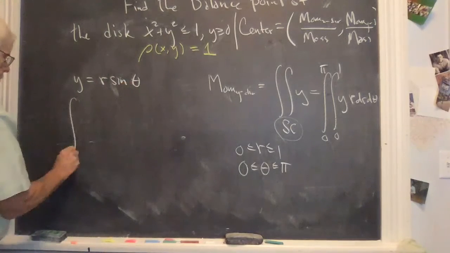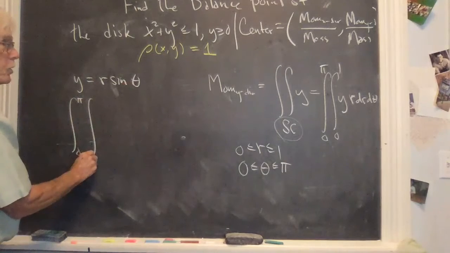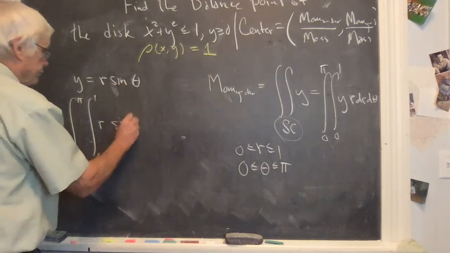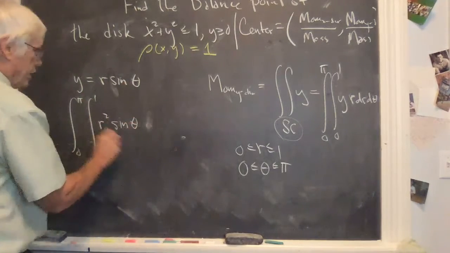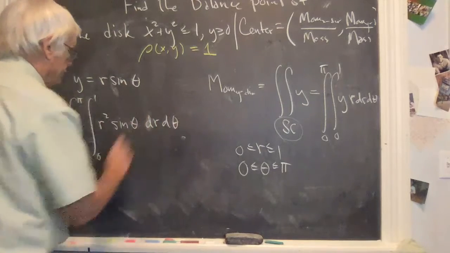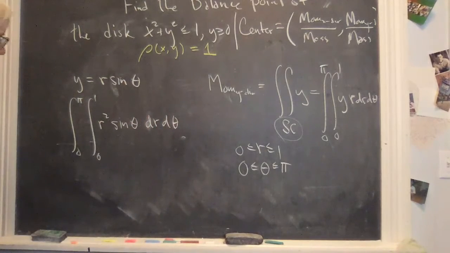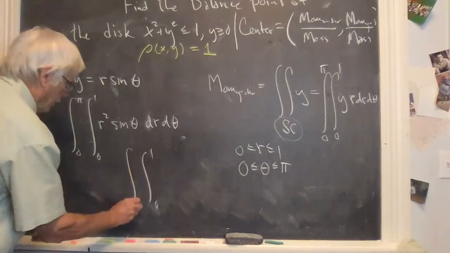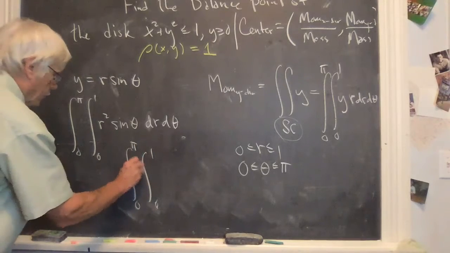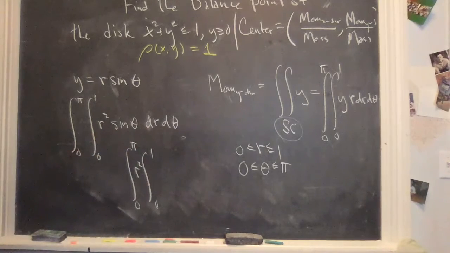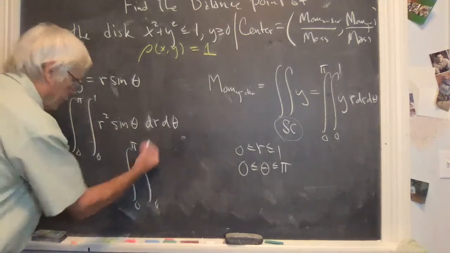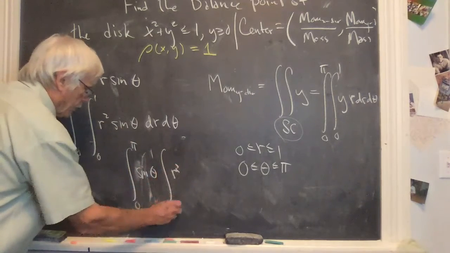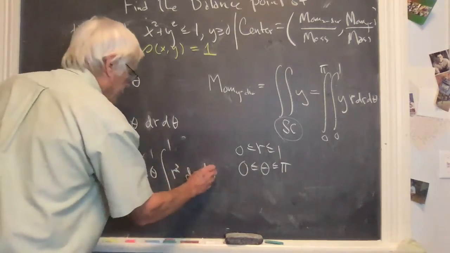So we have the integral from 0 to pi, integral from 0 to 1 of r sine theta times r again, dr d theta. All right, sine theta, we can do this by hand. So this is integral 0 to 1, integral 0 to pi. Sine theta comes outside the first integral. Sine theta, the integral of r squared from 0 to 1, dr d theta,